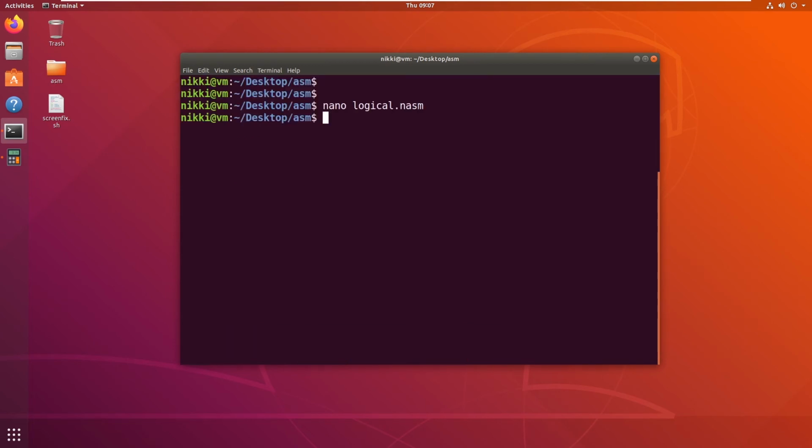I think I have written it correctly. Now let's compile this with NASM. Now let's link this object file with LD.